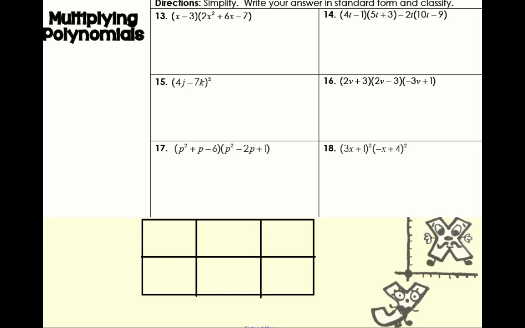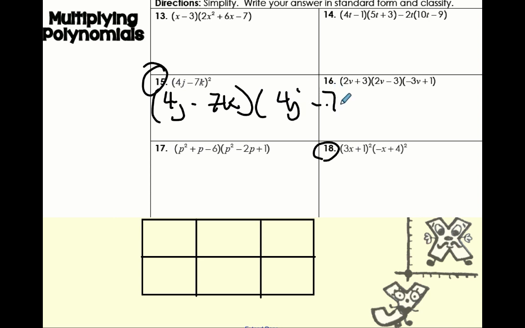Okay, we can also multiply polynomials. A strategy that I use is a multiplication box. There are other ways to do it, just like using the distributive property. Just as a caution on problems like number 15 and number 18, remember (4j - 7k)^2 means a binomial